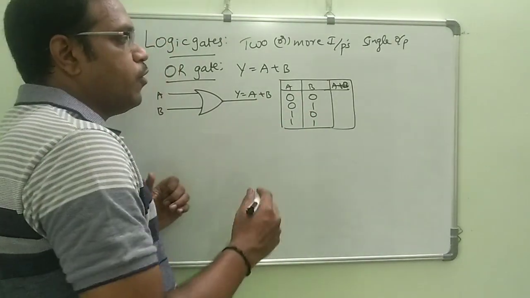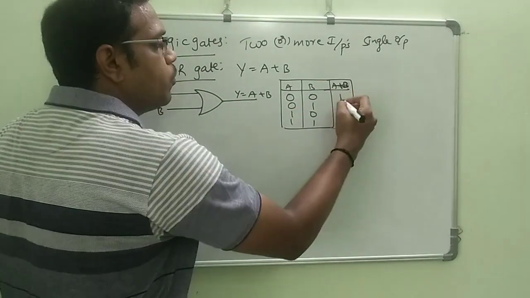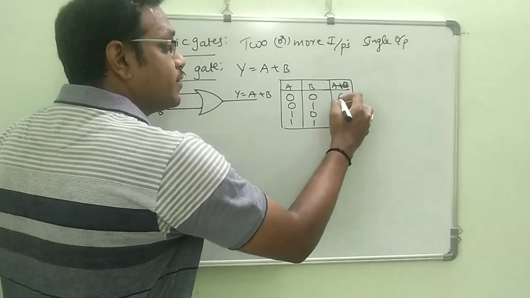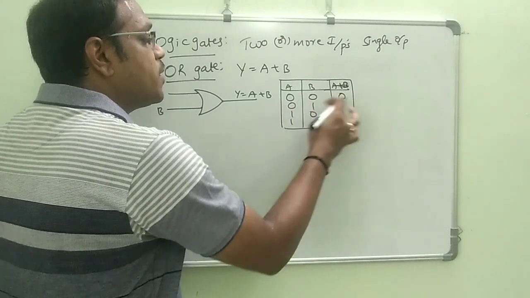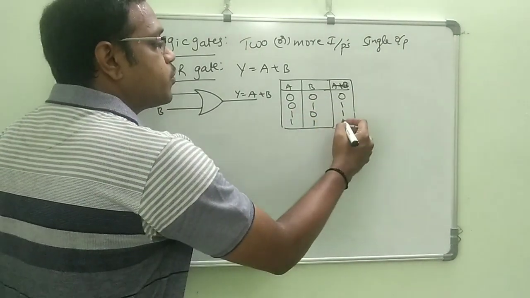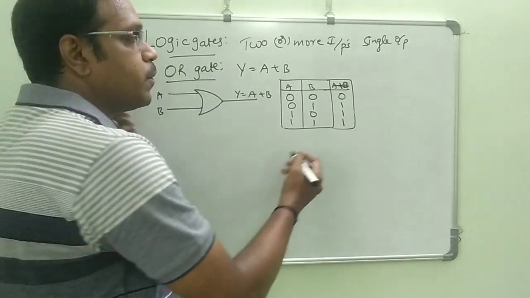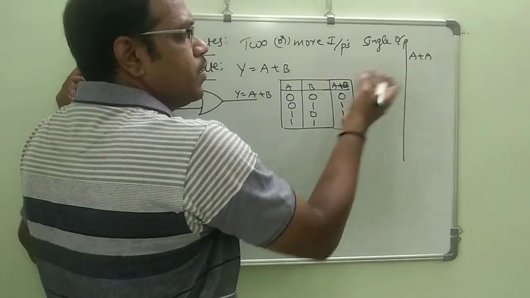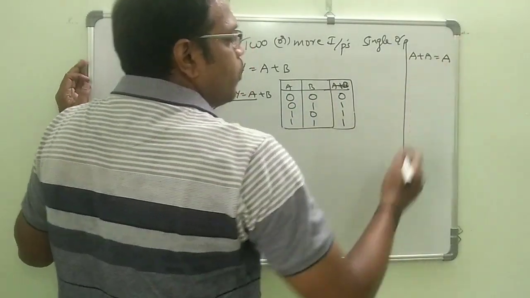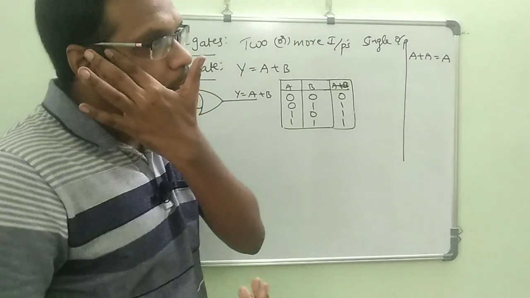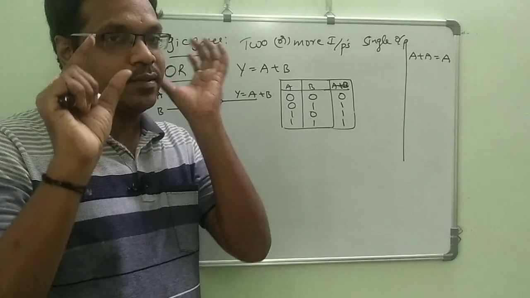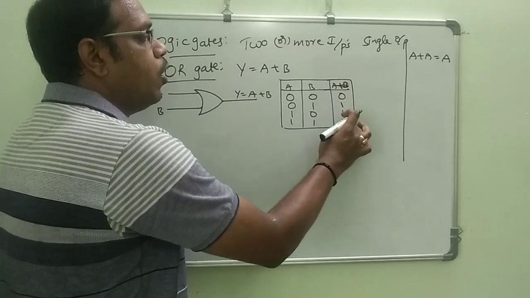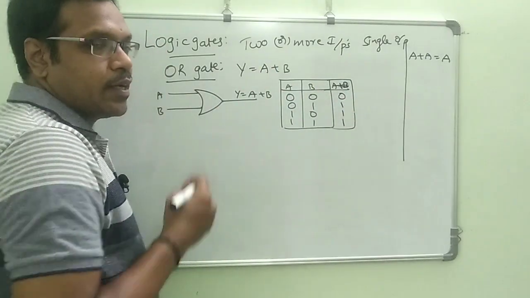Some combinations of gates we'll see. 0 plus 0 is 0, 0 plus 1 is 1, 1 plus 0 is 1, and 1 plus 1 is 1. And 1 plus 1 is 2, no? It's Boolean algebra. One formula in Boolean algebra is a plus a equals a, where a is 0 or 1. Like 1 volt plus 1 volt, you will get 2 volts, but the volt is only one here. We can take it like an on switch, on or off, like an LED bulb we can check.